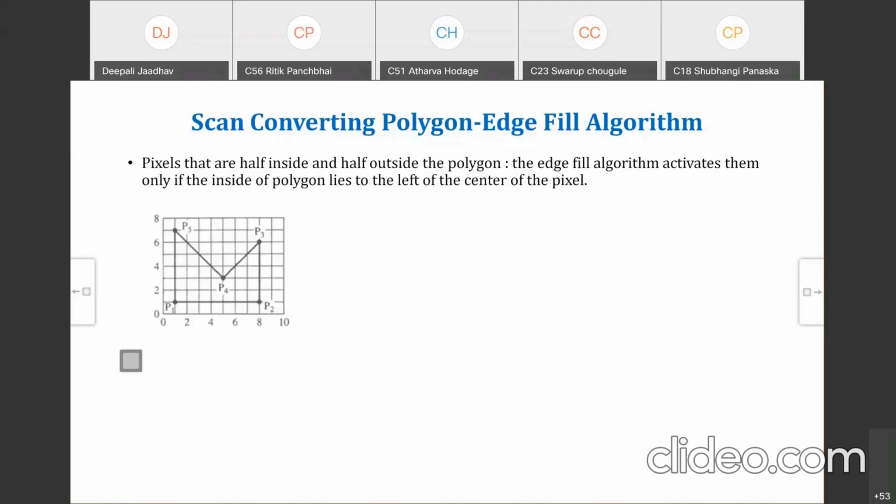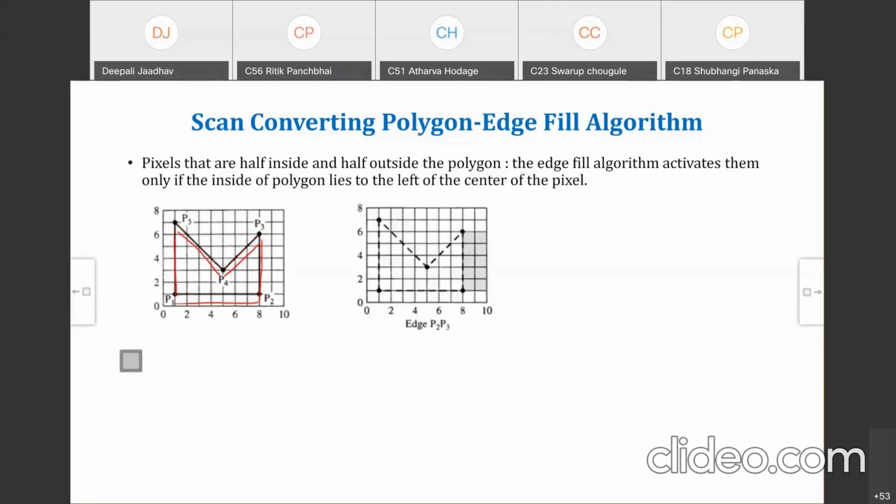So we are considering this polygon here with the edges P1 to P2, P2 to P3, P3 to P4, P4 to P5 and P5 to P6. So this polygon we are going to fill. Fill means inside we are going to give some color. Outside we consider white color, inside we consider a red color or another blue color so that it's simple for us to understand.